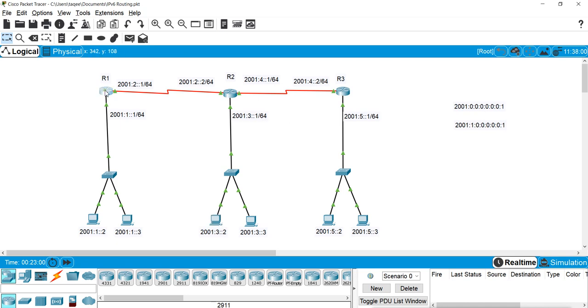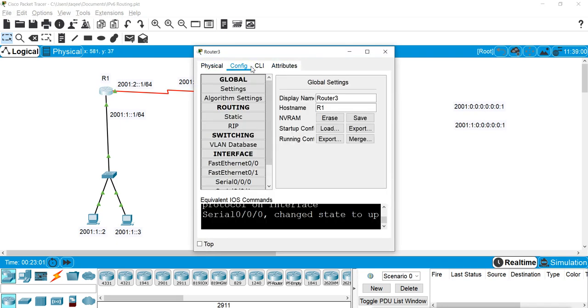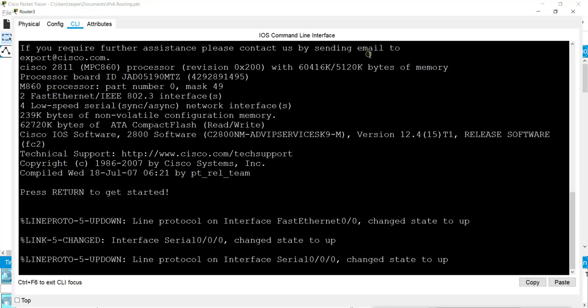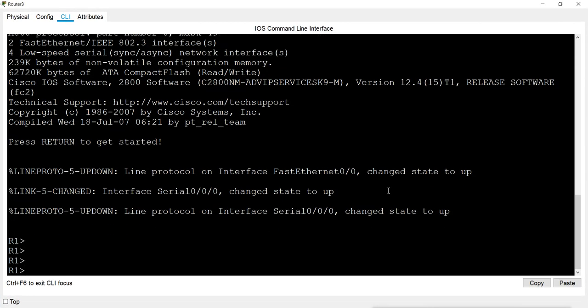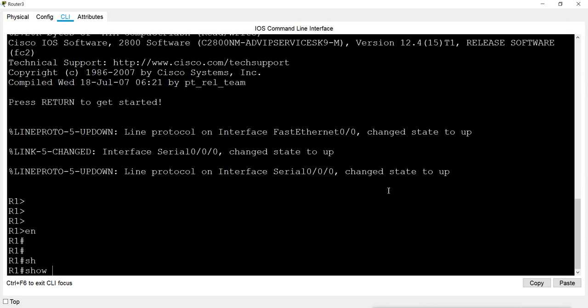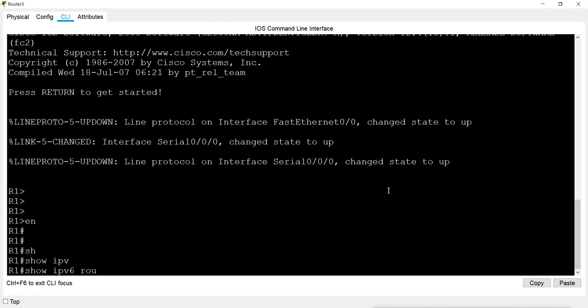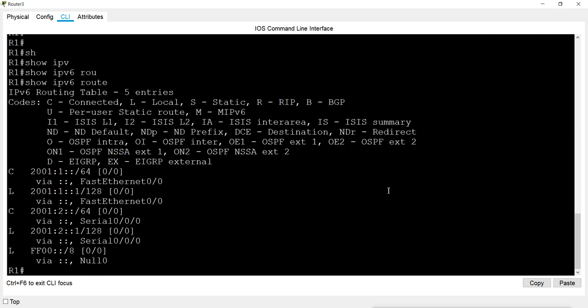So first, to do the static routing, I will go to this router 1. I will show IPv6 route to check the routing table. Right now it is only showing the connected networks. C is for the connected network, L for the local network.